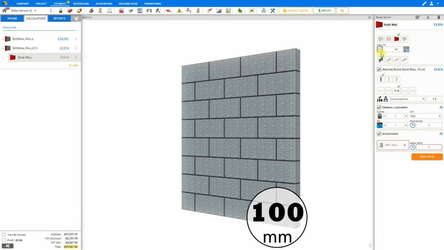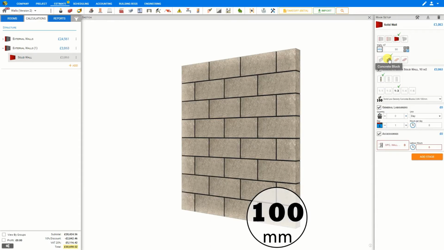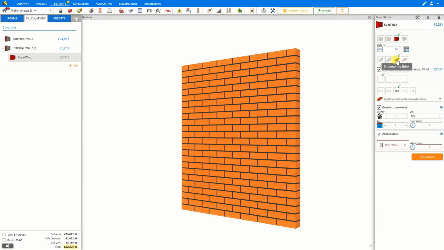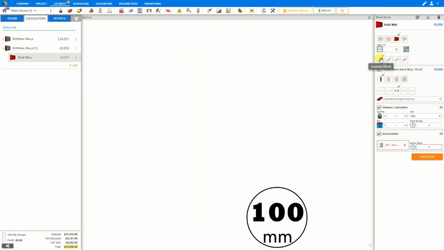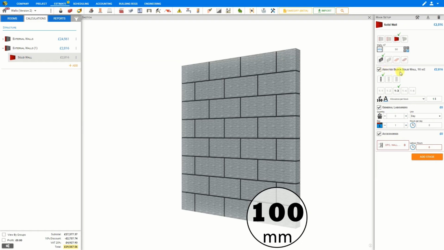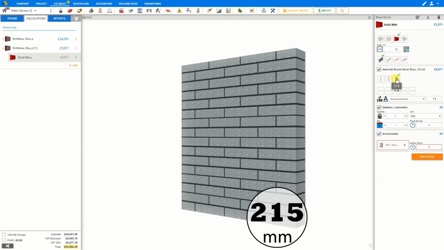Now we can choose the style of our solid wall, either aerated block, concrete block, engineering brick, or facing brick. Let's take a look at the aerated blocks. Here we have the stage for the aerated block solid wall, and we can choose whether we'll be using 100 millimeter thickness blocks, 140 millimeters, or 215 millimeters laid flat. Then we can select the cement to sand ratio, either 1:1, 1:2, 1:3, 1:4, or 1:6, and then choose the